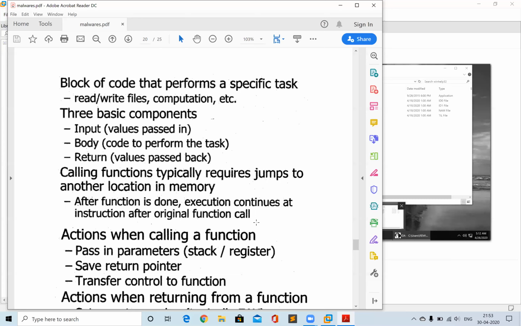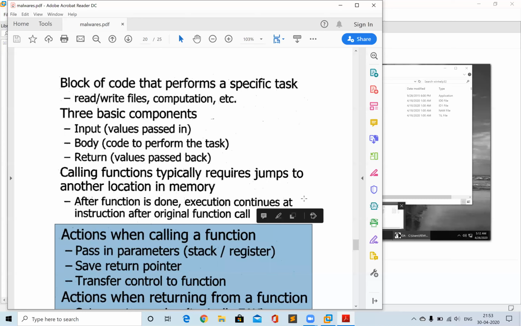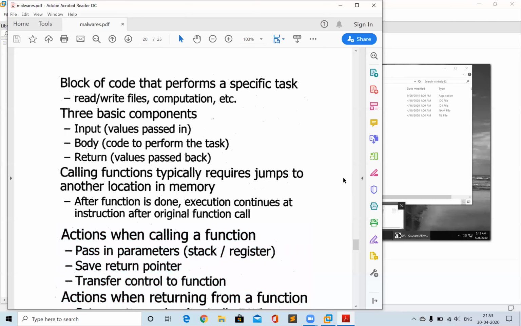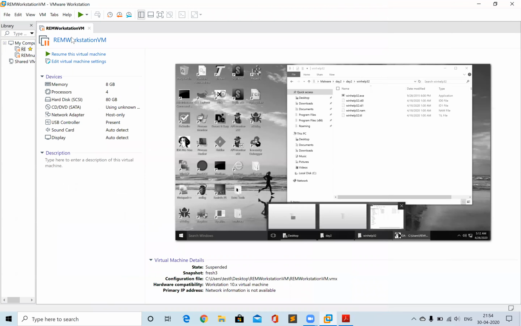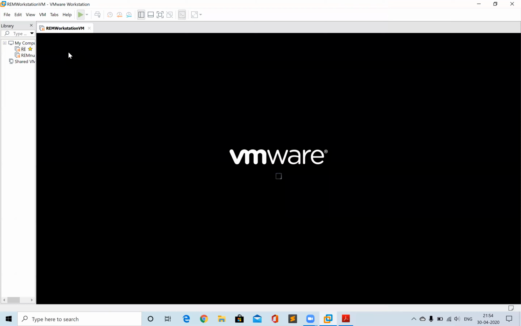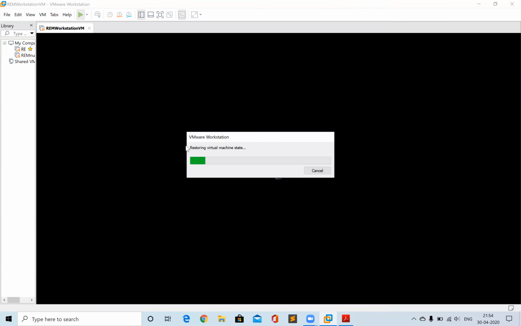So what I mean by that is, as you have seen how the IDA Pro things are getting implemented, the functions are at a specific offset, and we jump to that offset from where that function starts. And once that code block has been done, we return back to the next line from where we called the function. So I will just show that to you in IDA Pro quickly. So let's start the VM.